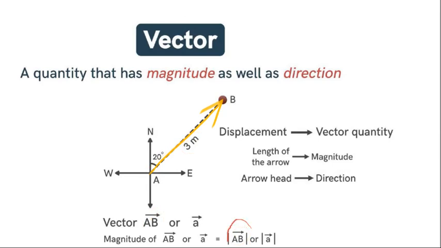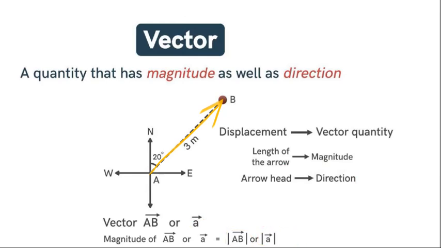This symbol you see here, these two straight lines, they are known as the modulus. Okay, mod. So if you have to write down this vector, you write it inside the modulus. Okay, like this one. So if I have to write the magnitude of AB, I will write mod of AB. Similarly, if the vector is represented by a small letter, so you write mod of A. So the length represents the magnitude part, and the magnitude can be written like this.